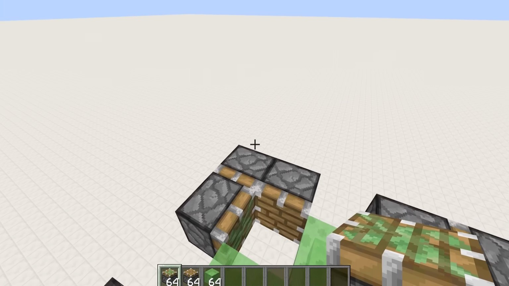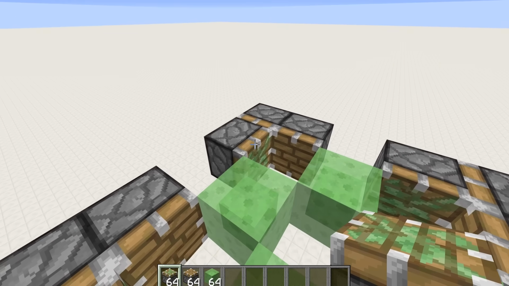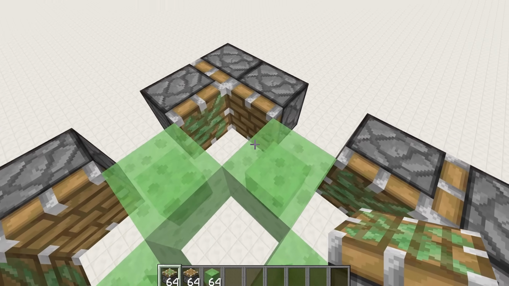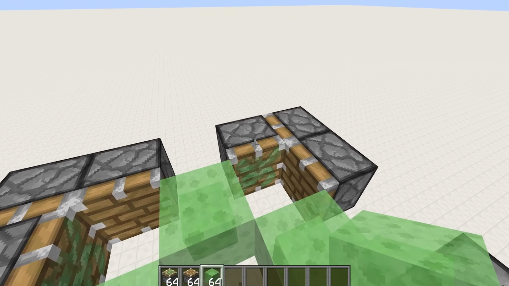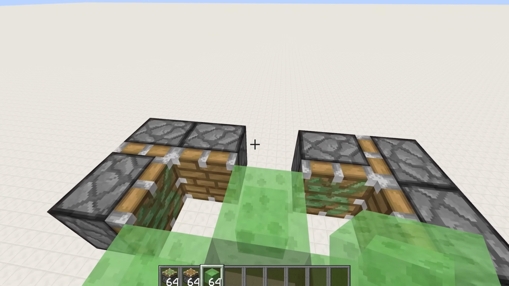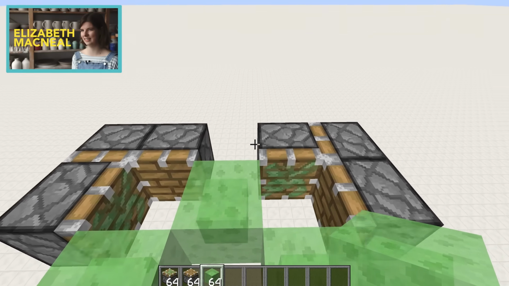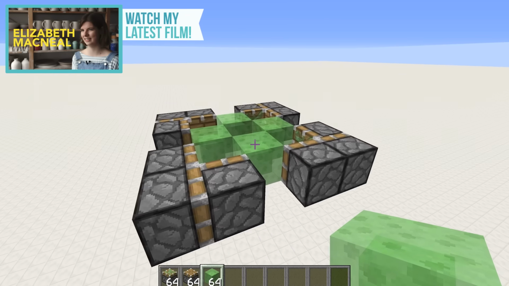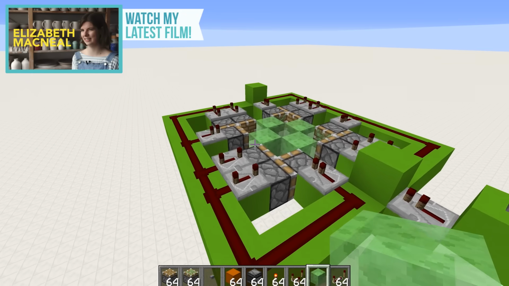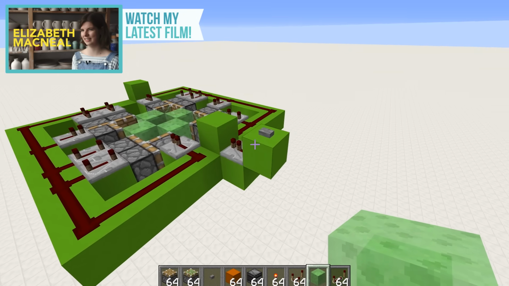Now the reason that we have these pistons that are stuck to the side of these sticky pistons is because when we push these pistons across, it will actually take the slime block and the sticky piston with it, which means that we will then need to retract that sticky piston back to its original position. I hope that made sense. And now it should be, in theory, potentially maybe working. If we hit this button here,